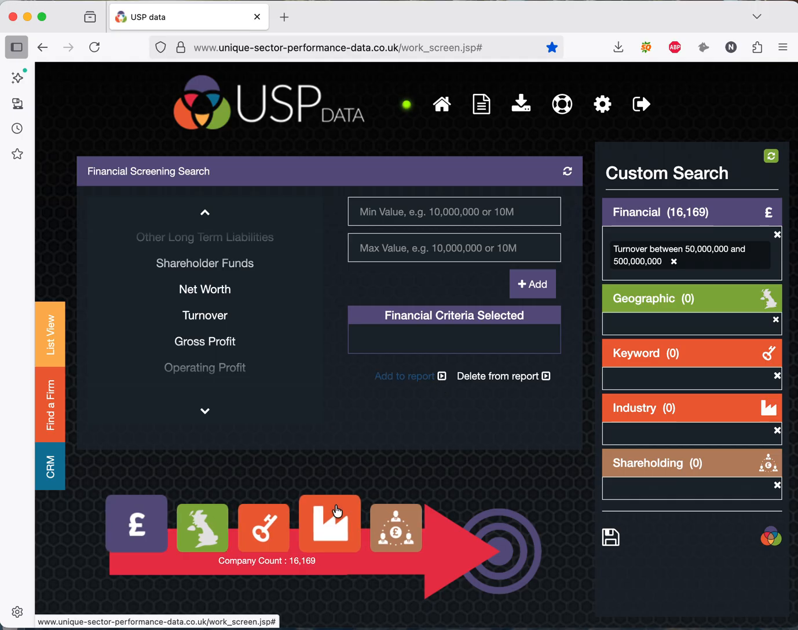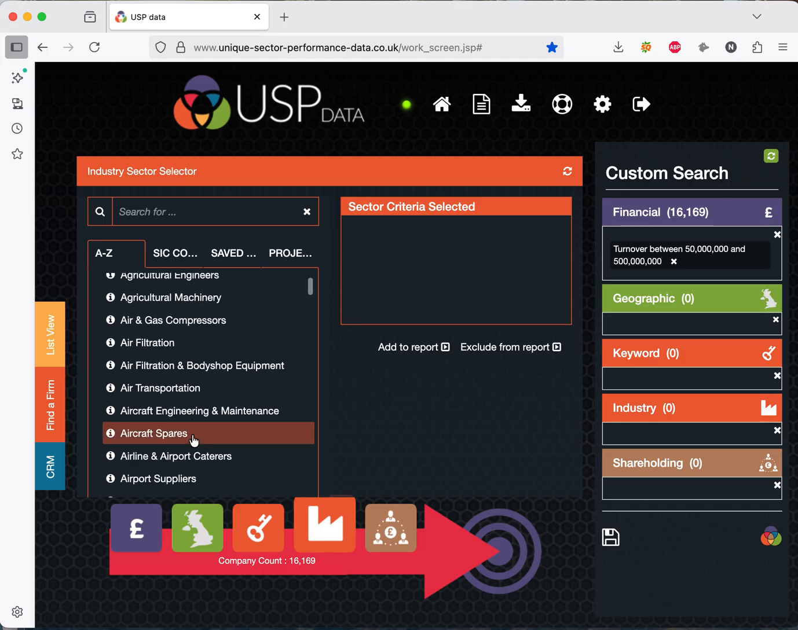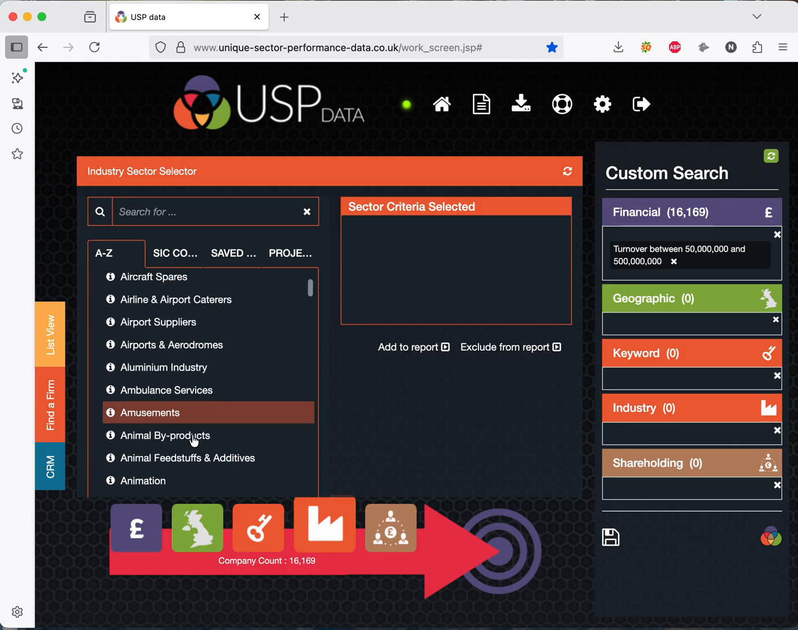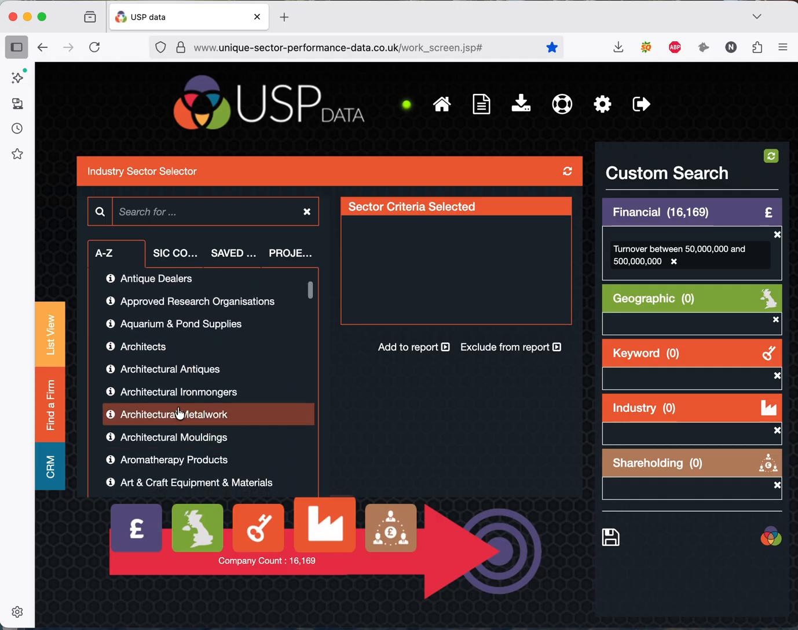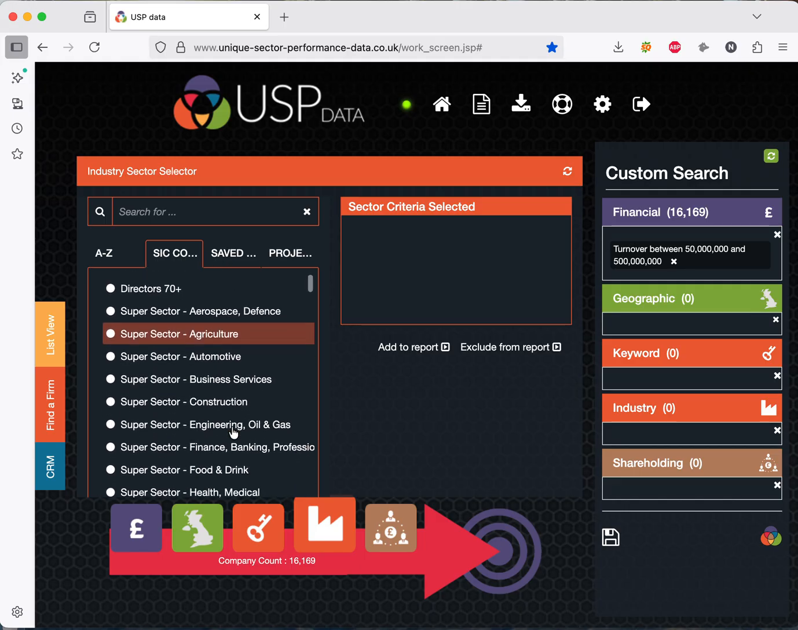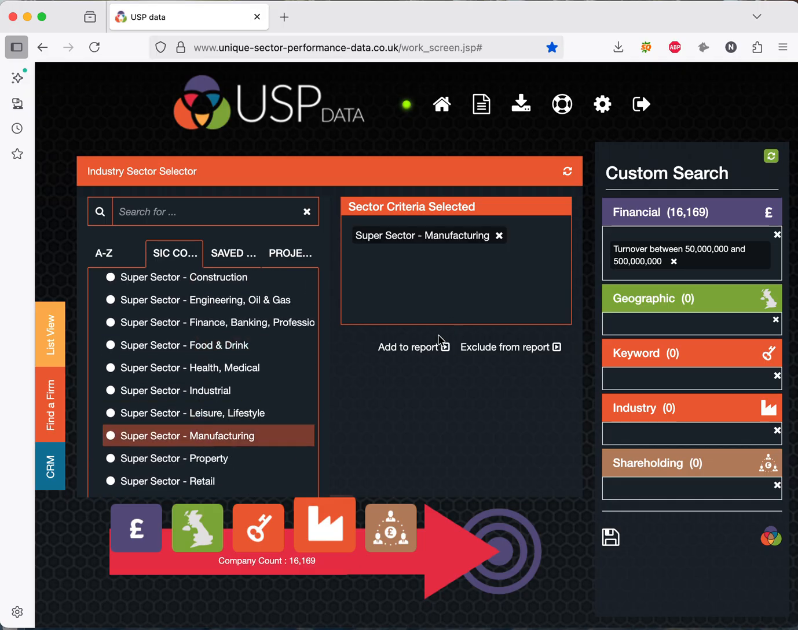Okay, so the next criteria was that they're involved in manufacturing. So we're going to use SIC codes for this. Depending on the type of manufacturing you're looking for, you could pick out specifics. I mean, if you were looking for, I don't know, architectural ironmongers or something, people who made door furniture, that sort of thing. But if you're just wanting a generic manufacturing, then there is a super sector on the SIC tab, which is manufacturing. So if I pick that,